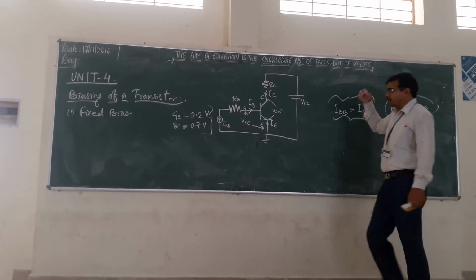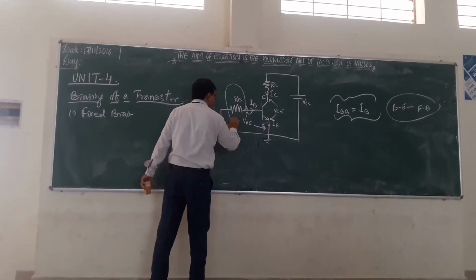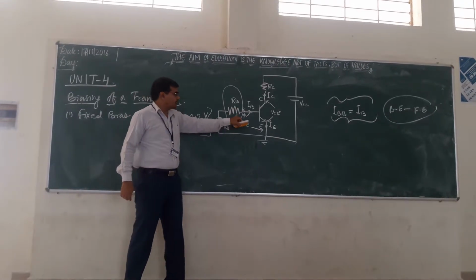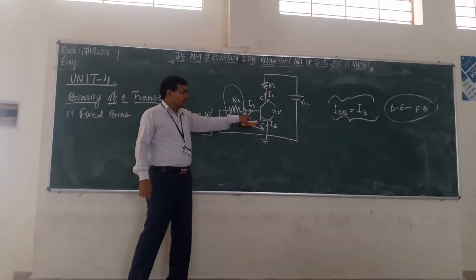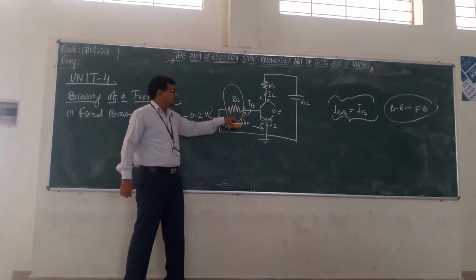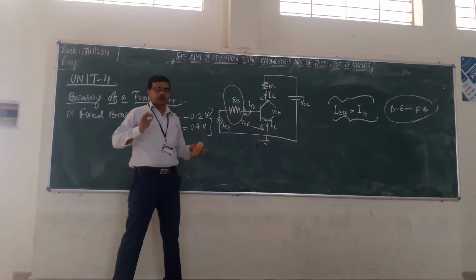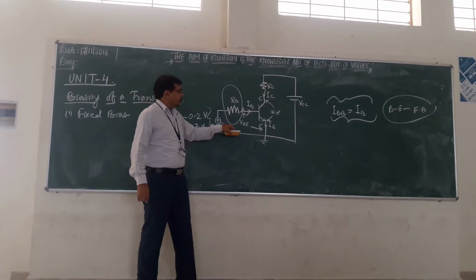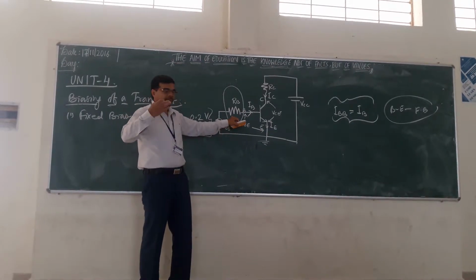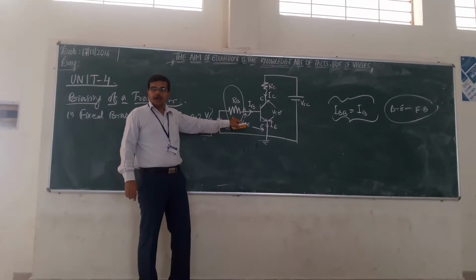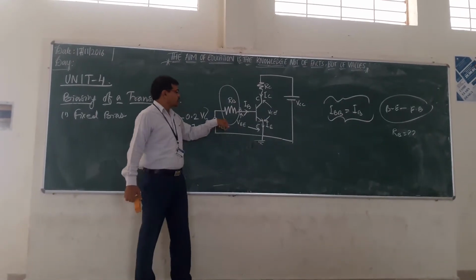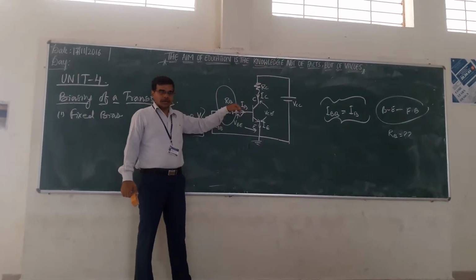So whenever we design this RB, we have to consider the current that is flowing through it, and what the value of the resistor should be so as to make IBB equal to IB. Then what is the value of RB? From that we can find the value of RB. So first we have calculated that IBB should be equal to IB. Okay, next.